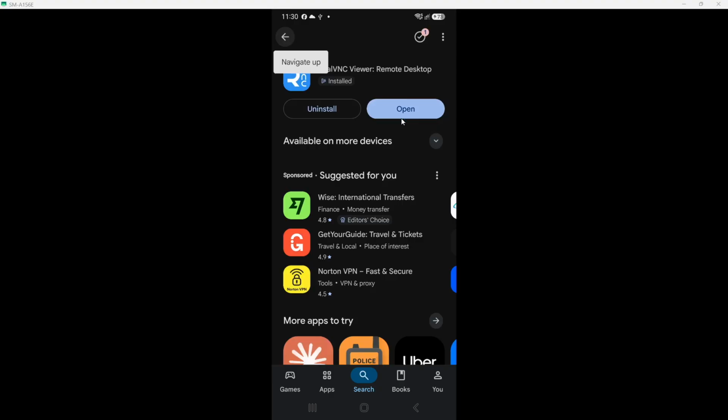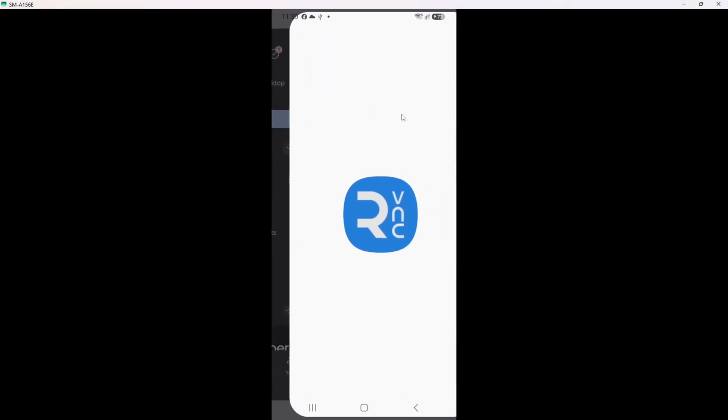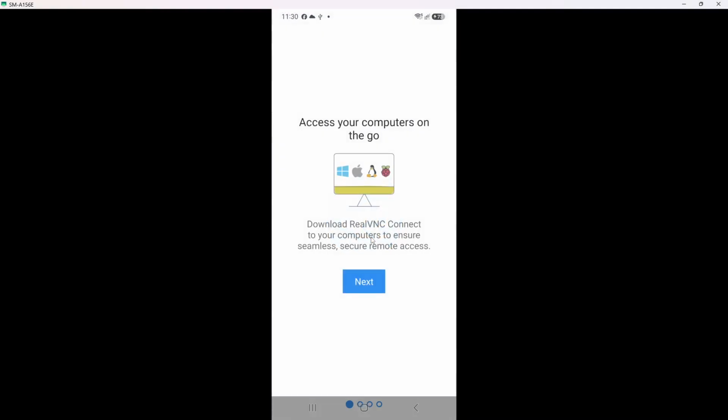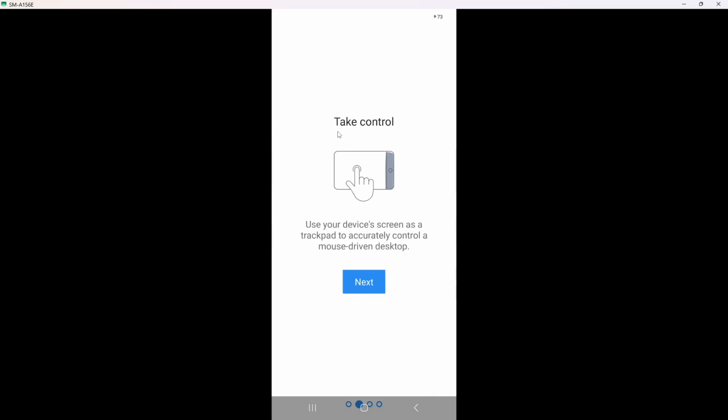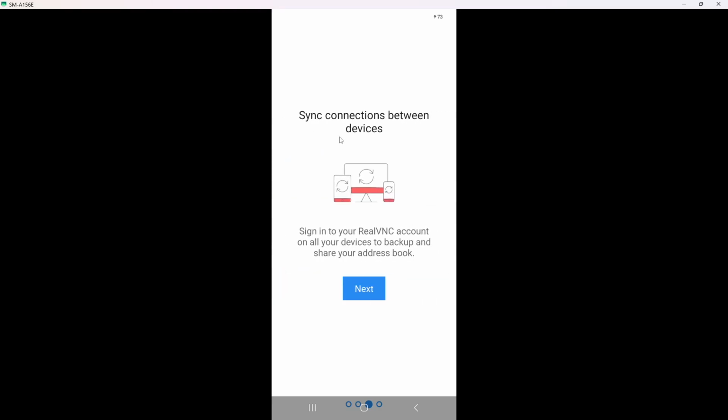Once the installation is complete, you'll notice that the Install button changes to Open, signifying that the app is now ready for use. Now tap Open to launch the app. This action will take you directly to the VNC Viewer interface. Upon launching, you may be greeted with a welcome screen that provides an overview of the app's functionality. This is important because it helps you understand how to use the app effectively. You might also encounter prompts to set up your connection preferences, which is crucial for getting started with remote access.